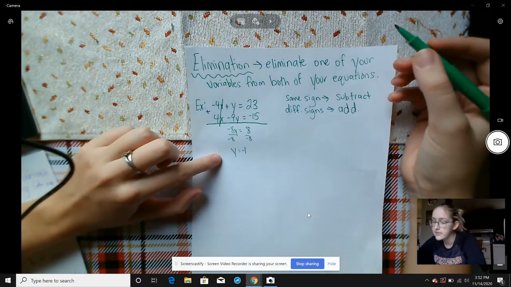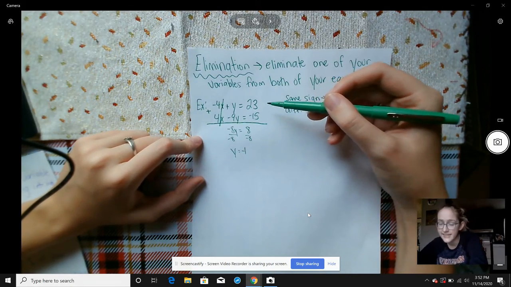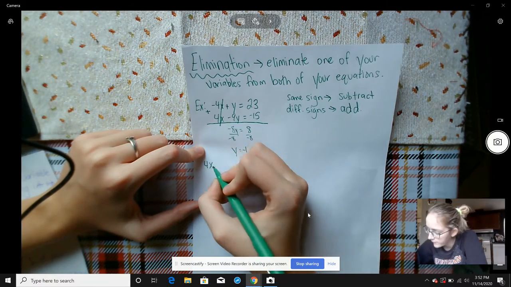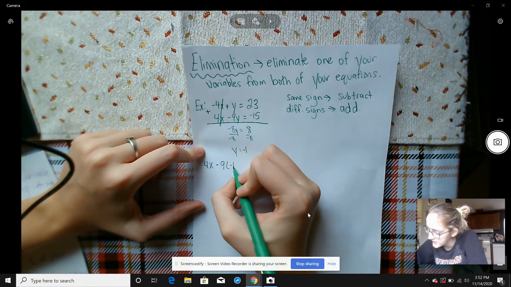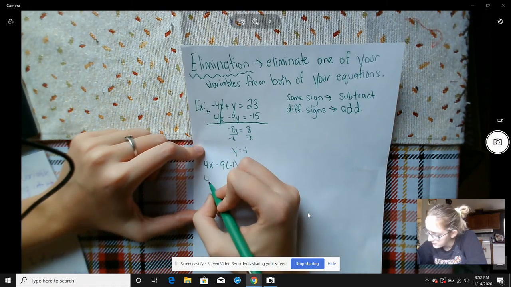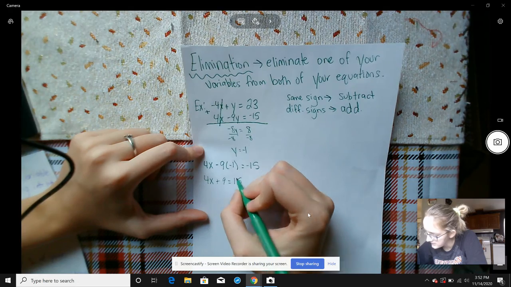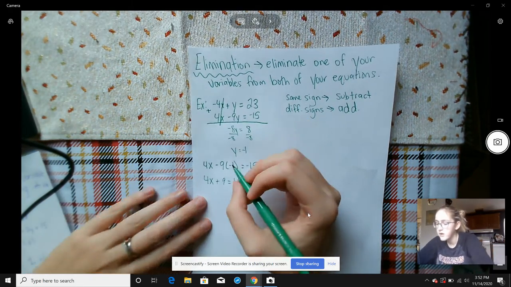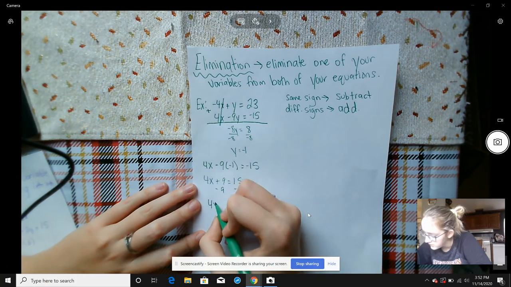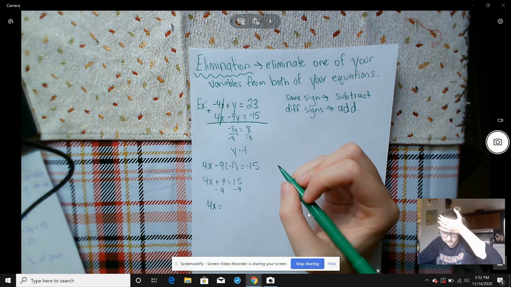And again, like we did in our other equations, once we know one variable, we're going to have to plug it in to get the other. So it doesn't matter which one. I'm going to do equation number 2. We're going to have 4x minus 9 times negative 1 equals negative 15. That's going to give us 4x plus 9 equals negative 15, because negative 9 times negative 1 is positive 9. We're going to subtract that 9 over. So 4x equals negative 15 minus 9, which is going to give us,